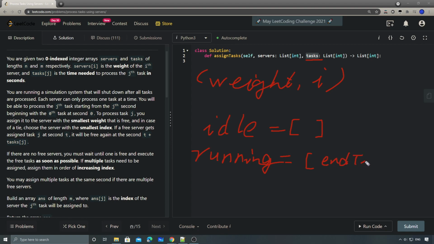But a tricky part for the running ones is that at the beginning, I was only putting the end time and the index in here. So when we are trying to free the running ones, of course we'll be using the end time, right? And if there's a tie for the end time, I was thinking the second sorting would be the index, right? But actually there is more than that. Between the ending time and the index, we should add a weight here,